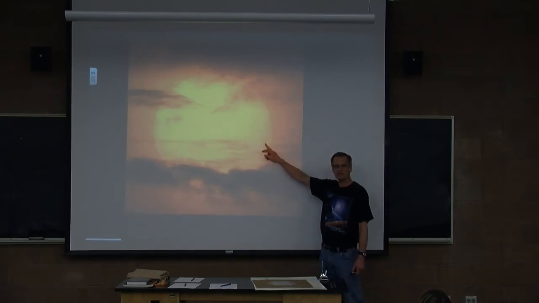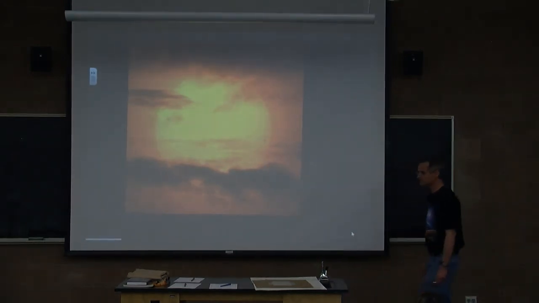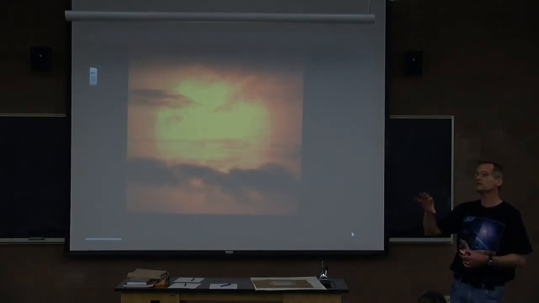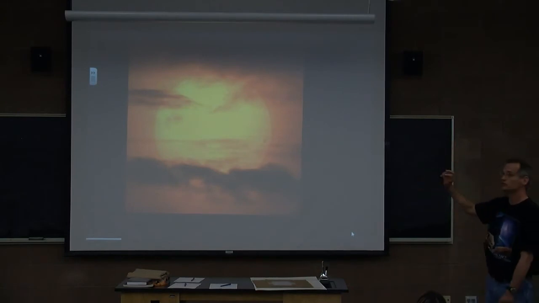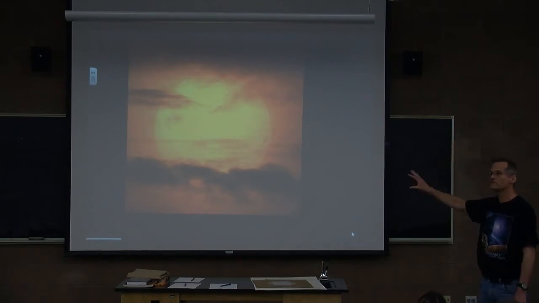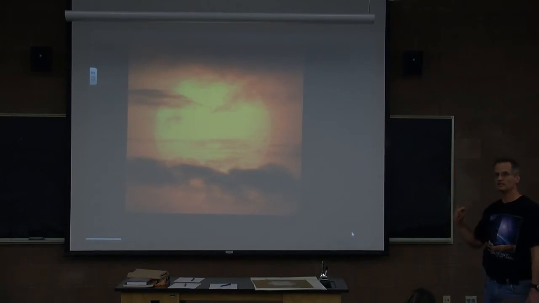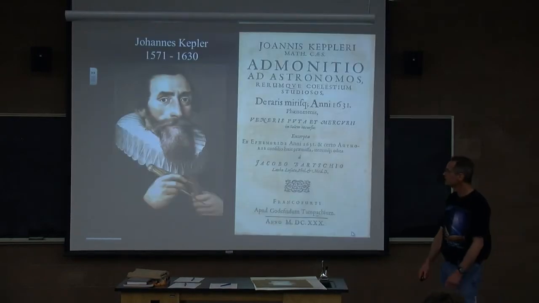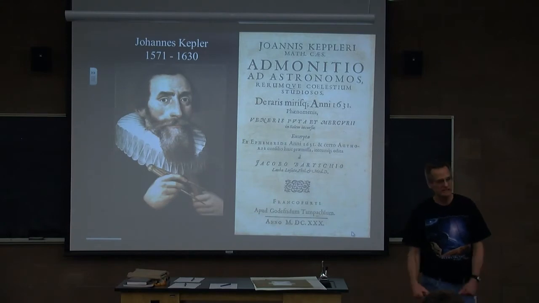There is no record of anyone seeing a Venus transit before 1639. Now, it's possible, since a lot of civilizations spent a lot of time looking at the sun, that people did, especially in the early morning or late evening when the sun is setting and you can look at the sun through hazy atmosphere. It's possible that someone in history saw a dot on the sun, but there is no written record that would indicate that's the case. In fact, there's no record of anyone having seen one transit until Johann Kepler predicted one.